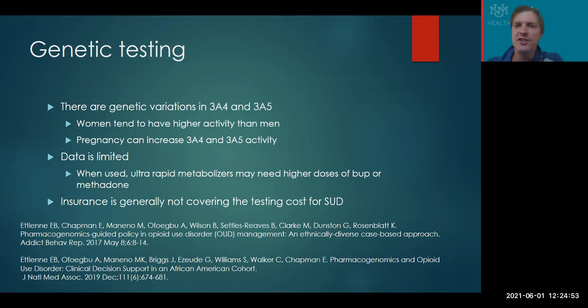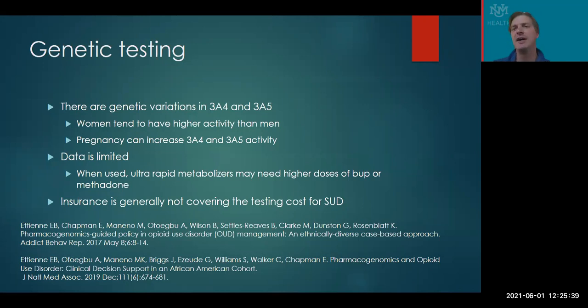There are some genetic variations in 3A4 and 3A5. Women tend to have higher activity than men, and pregnancy can also induce 3A4, 3A5 activity. Some of the data is limited, but if you have somebody who's an ultra rapid metabolizer or a very rapid 3A4 metabolizer, they may need a higher dose of buprenorphine or methadone. They may also need to have their doses split up more frequently. Insurance is generally not covering the cost of genetic testing for treatment of substance use disorder. For other conditions like